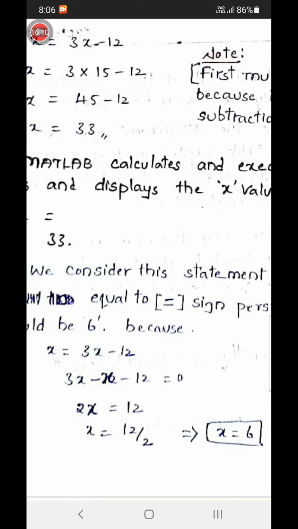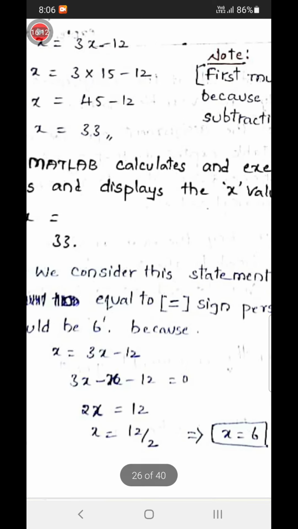See, if we move this x to the right hand side, then what will happen? 3x minus x minus 12 equal to 0. So 3x minus x gives 2x, and we move 12 to the right hand side.